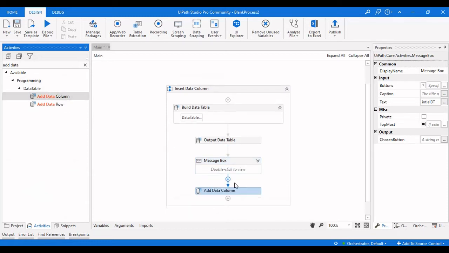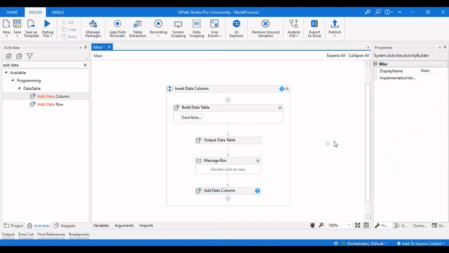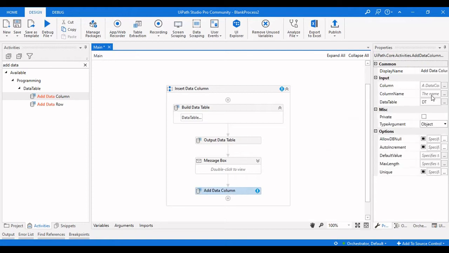Here we'll take an add data column, and we need to provide the data table, which is dt, and the column name. The column name is G. G is the column that we're going to insert, and if there is null also it needs to allow, so we need to take allow DB null, and we can also give it a default value.